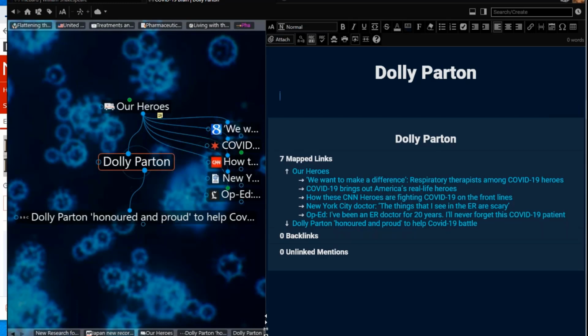So I just simply want to type in that Dolly gave a $1 million gift to, and that's, I believe, in Tennessee, which was, or no, is a research center for